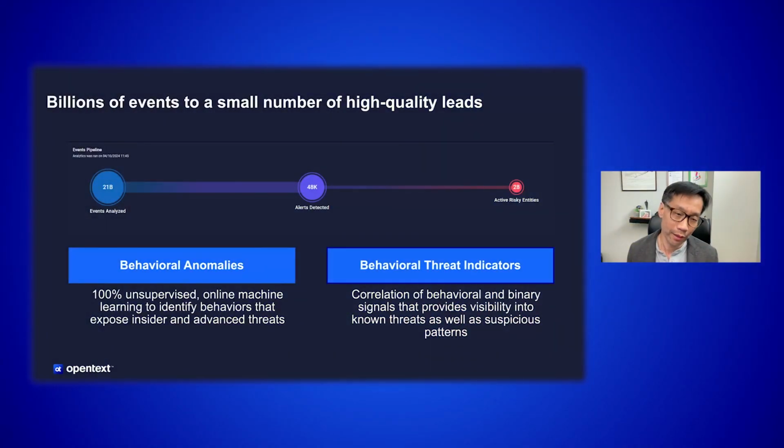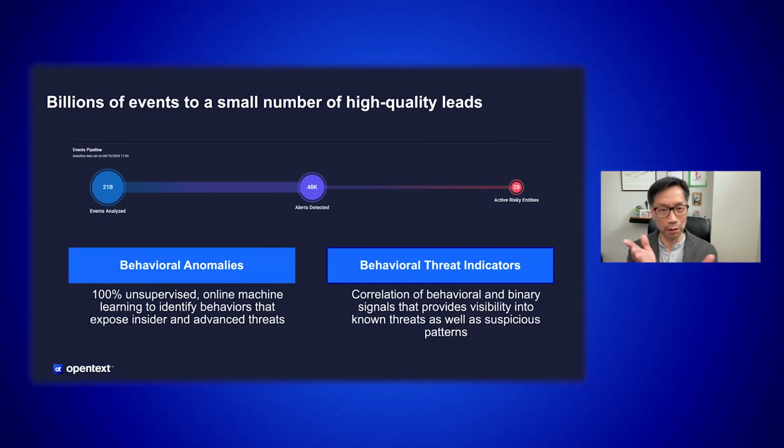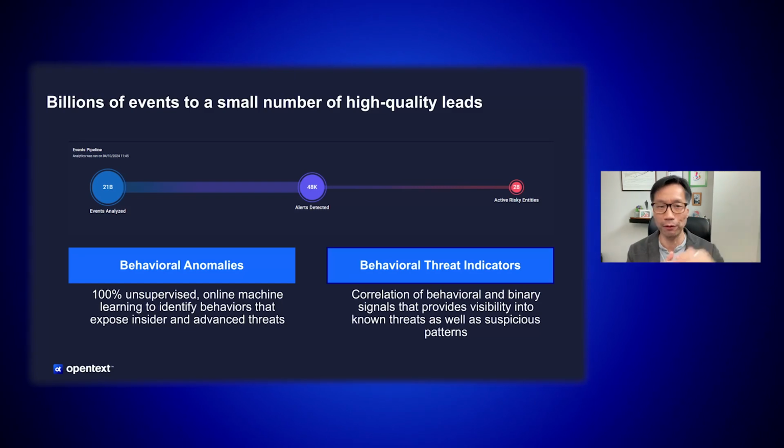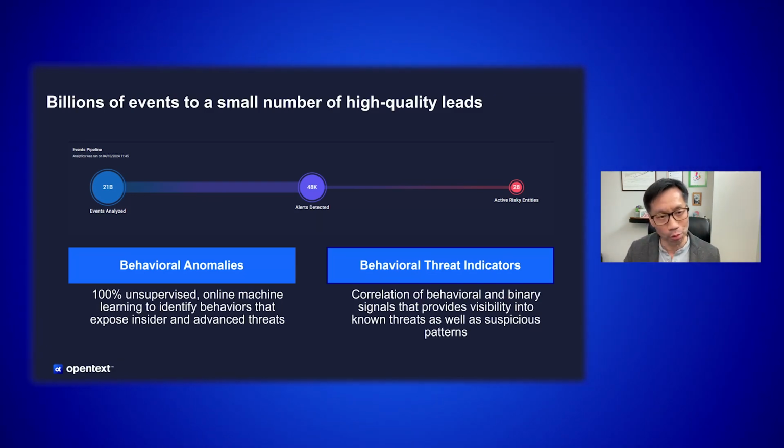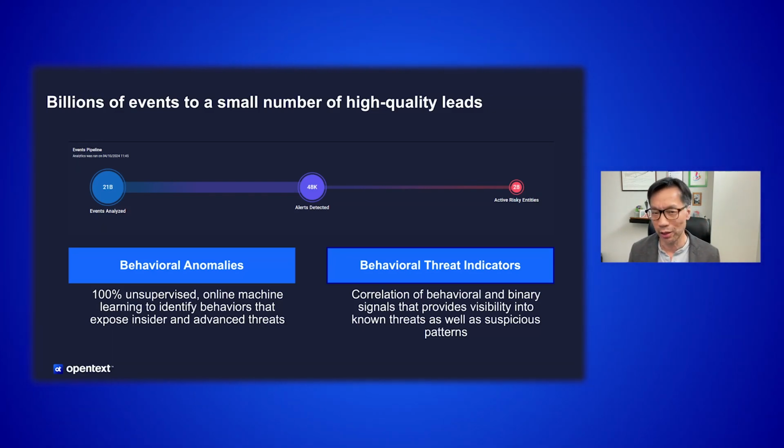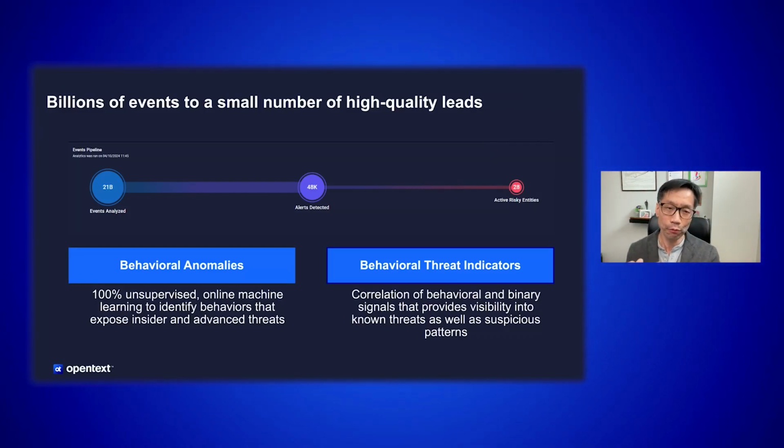The goal of the mathematics that we've built into the TDR product is to do this compression that you see here. What we want to do is go from a large number of events, billions and billions, to a small number of high quality leads. In other words, the goal of the analytics is not to give you more things to investigate. That would be the opposite of what we want. What we want to do is tell you where to look so you have fewer things to investigate. And so this compression, going from billions of events to a small number of high quality leads, really is